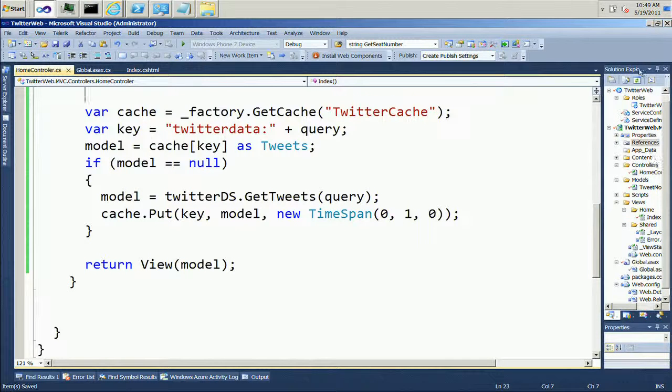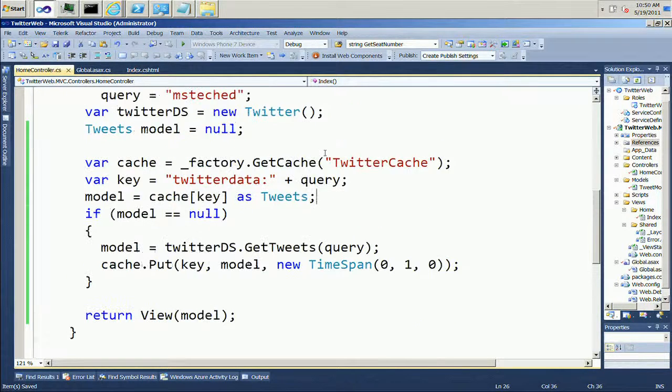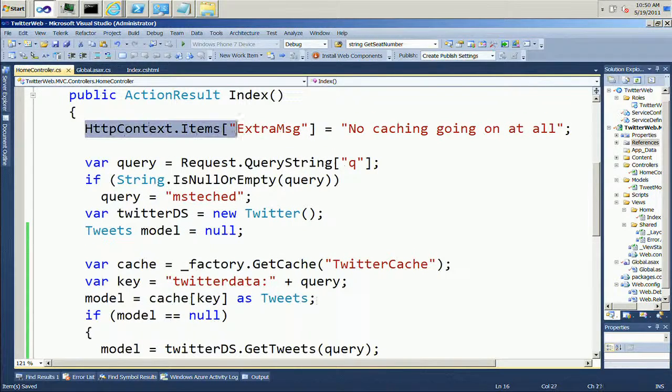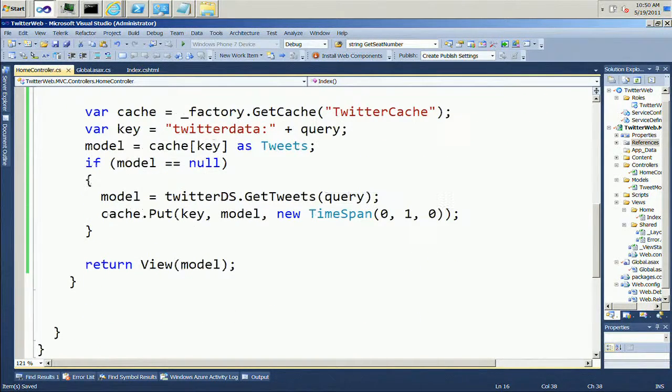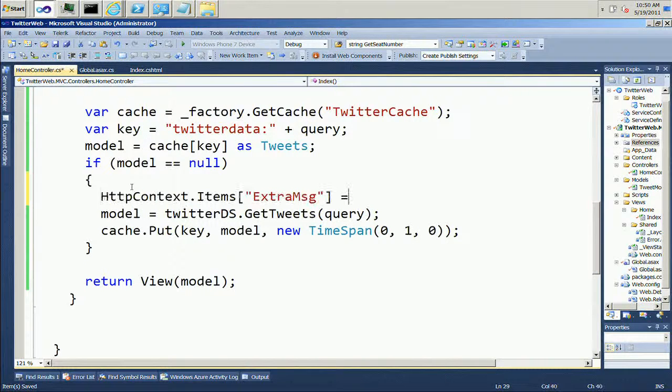There's one other thing I'm going to do, not related to the cache, but related to my little timer that I have. What I have is essentially an HttpContext.Items object, which is a per request object. And what I'm going to do is, if the item isn't in the cache, I'm going to say,